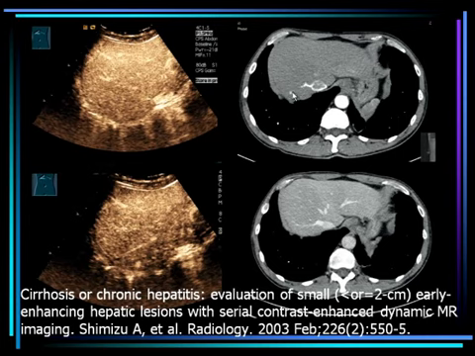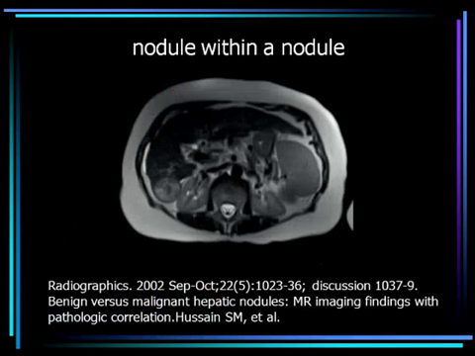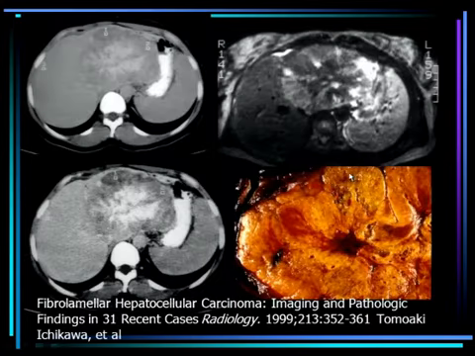So if the lesion is very tiny, less than 1 centimeter, and we're going to talk about that in the workshop, then you don't have to say HCC. We're talking about nodule within a nodule. This is a typical appearance of HCC. So if you see a nodule and in the nodule another nodule and you have a cirrhosis, don't dare to say it HCC. This is a variant from HCC and it's very different because it has a better prognosis and